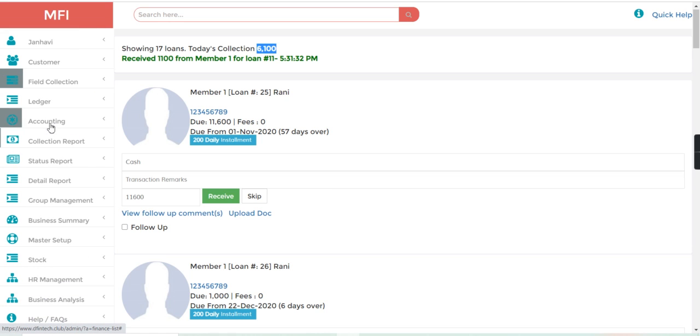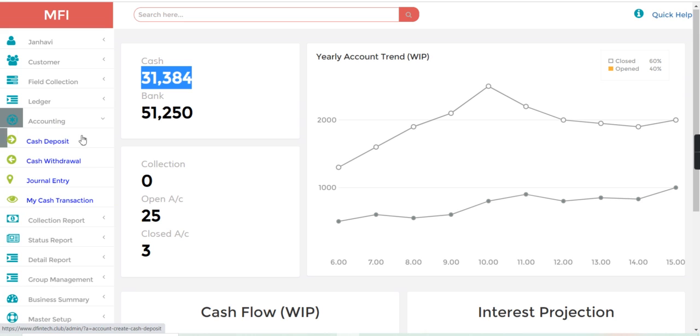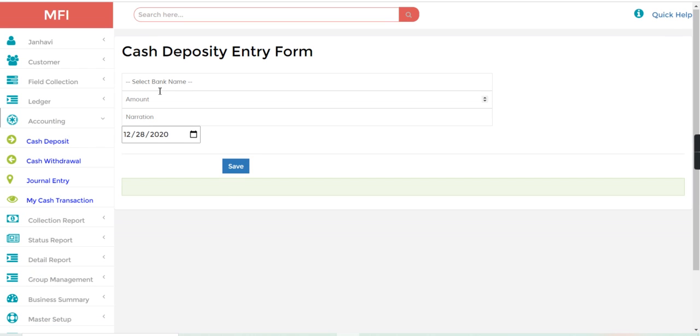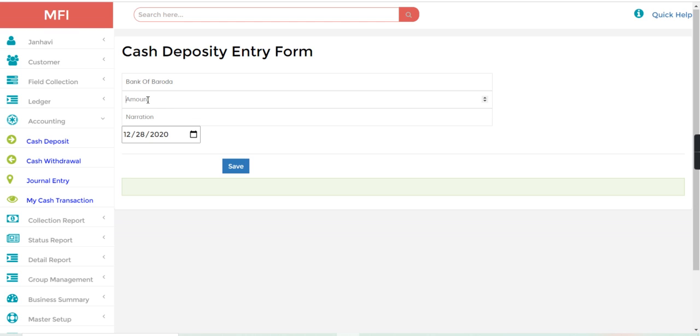So let's say I will go to the business summary dashboard. Here you can see the cash is now 31,384. So from the accounting I will go to the cash deposit, and today's collection I want to deposit to the bank. So I will just write the 6100